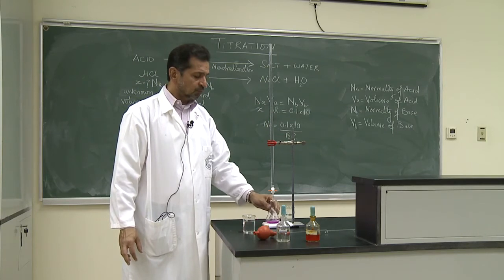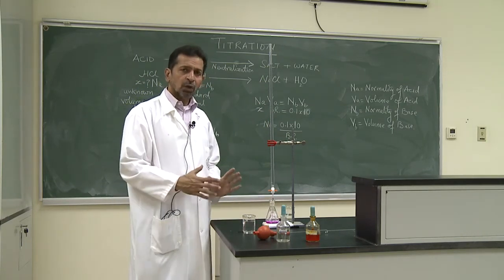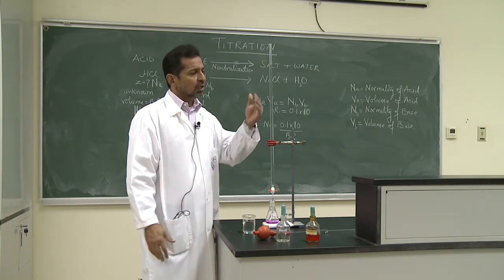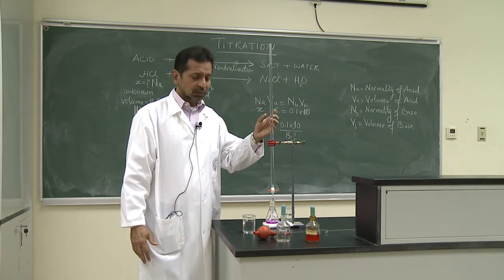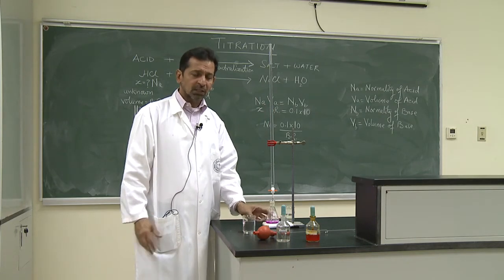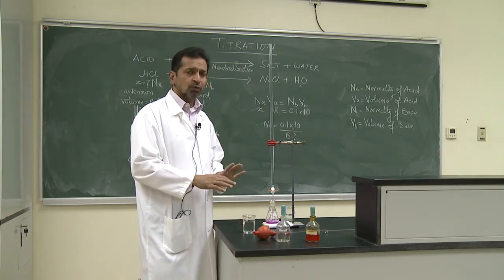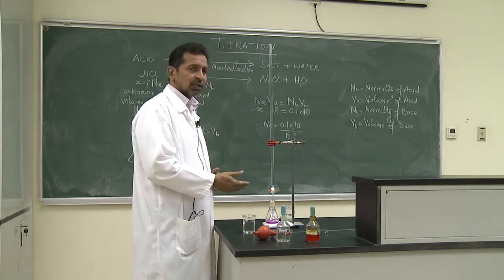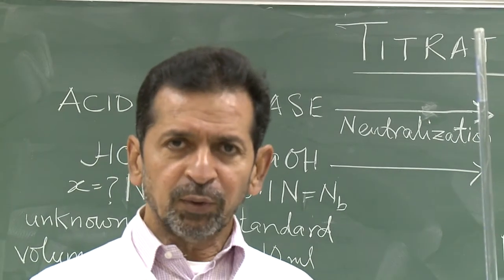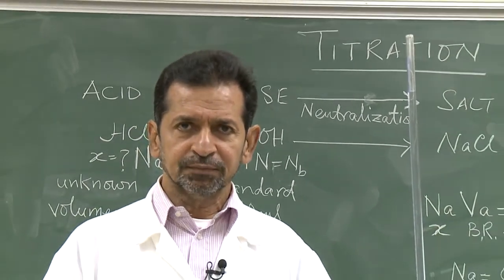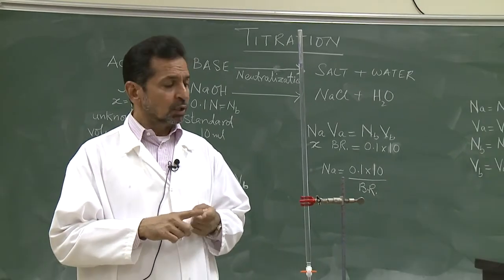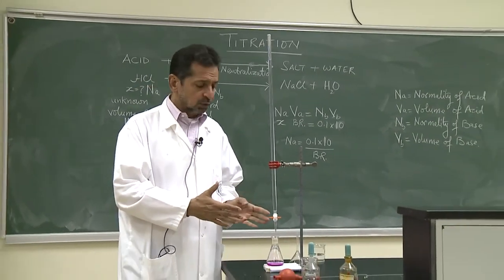And we keep this flask under the burette. This is all about the preparation. Up till now what we have done is the preparation. We fill the burette with the acid, fill the flask with the base, and add 1 drop of indicator. This was all preparation. Now we will start the experiment to get the reading. We have done all the preparation, the washing, rinsing and filling and adding the indicator. Now our experiment is completely ready to perform.